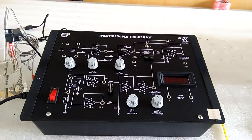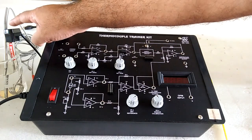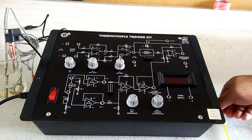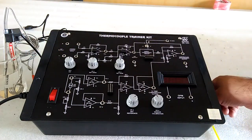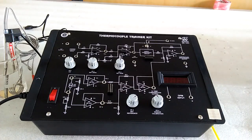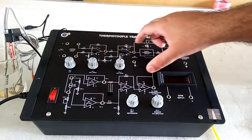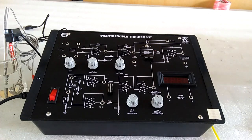Thermocouple Trainer Kit, Mars make ME1054. In this trainer we have used a K-type chromel-alumel thermocouple with this kit, heating rod, and beaker. Here is the kit and one thermometer with manual is supplied. Here is the room compensation network and this is the signal conditioning circuit for the thermocouple. Now follow the procedure